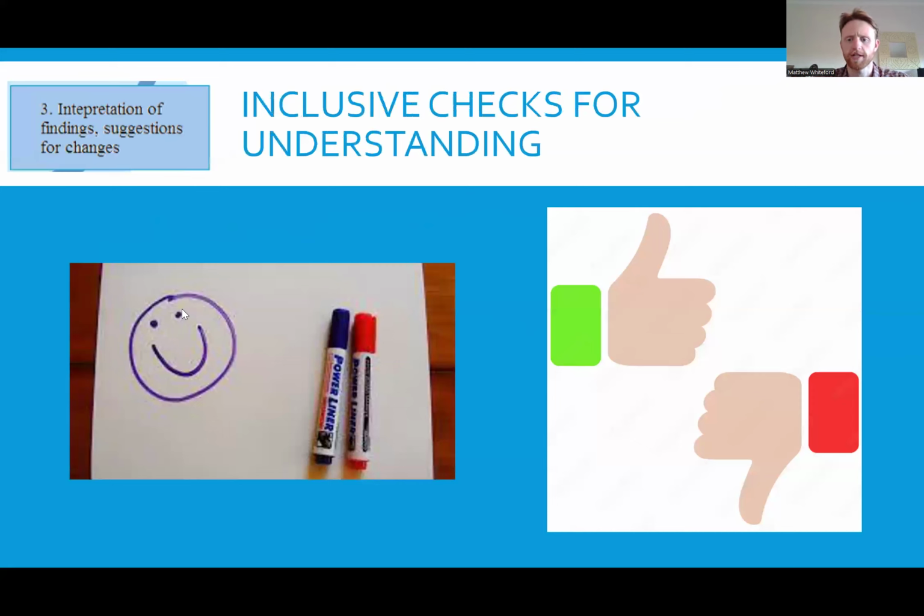The third stage of action research involves interpreting information and proposing changes. The intervention identified as a way to address the verbal minority phenomenon is to use frequent inclusive checks for understanding. Checks for understanding increase the academic performance of students and can be made inclusive through employing questioning strategies using signals or mini whiteboards.